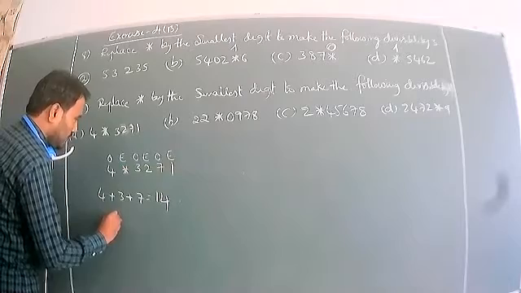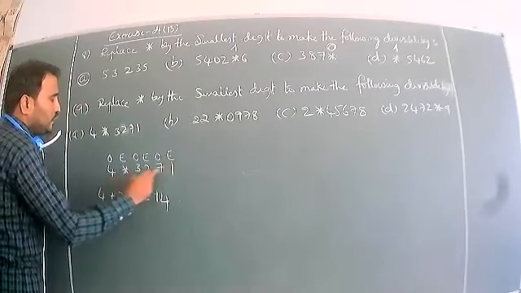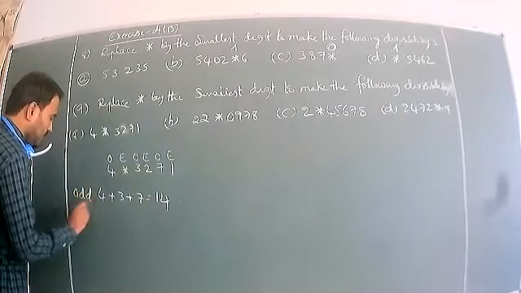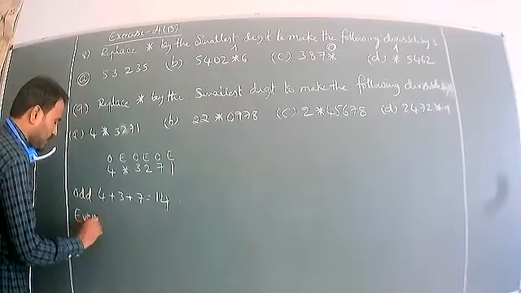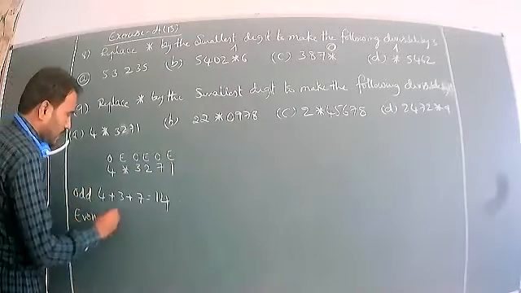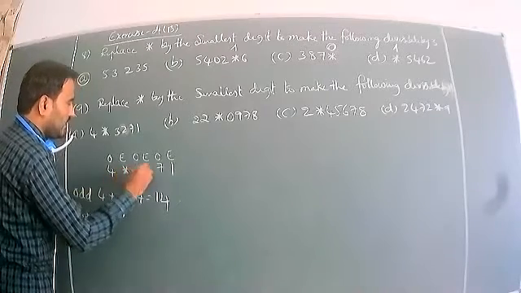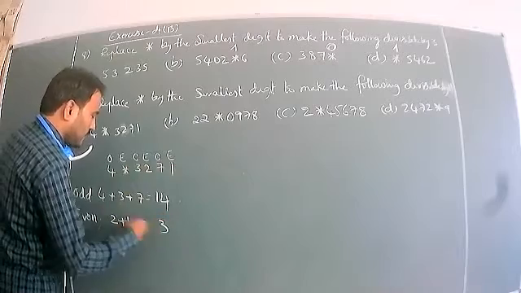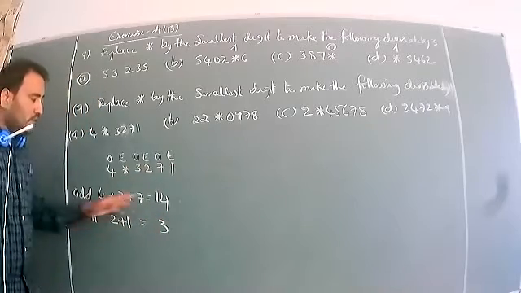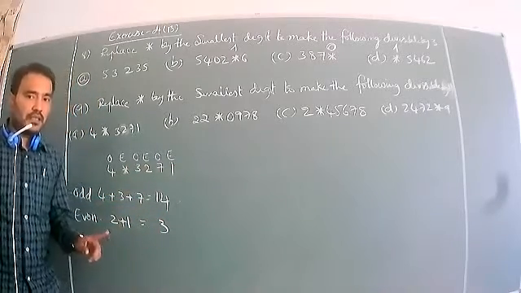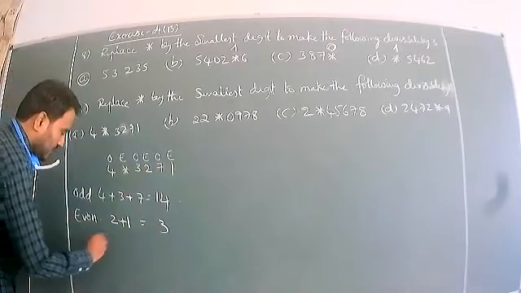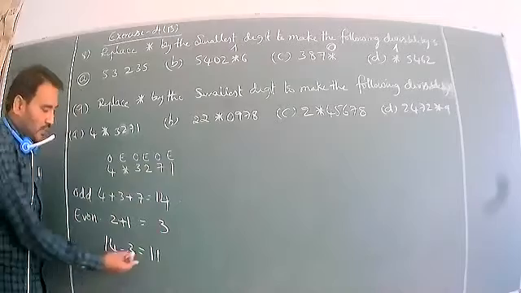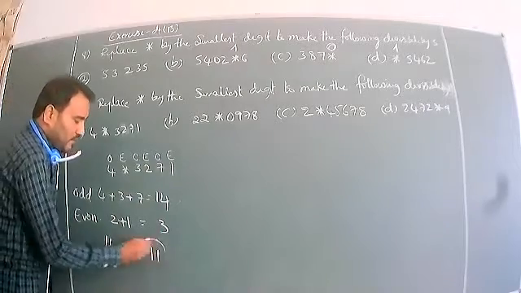Okay, even places: 2 plus 1 is 3. So on the left you have 2 plus 1 is 3, so we get 3. Subtracting these two numbers, we get a multiple of 11. So 14 subtracted by 3, we get 11. Yes, it is a multiple of 11. 11 can be divided by 11.